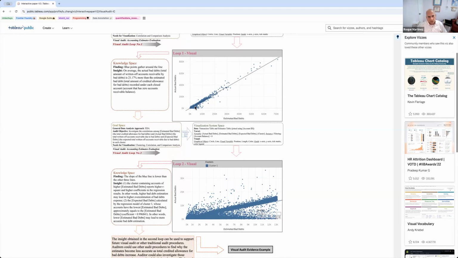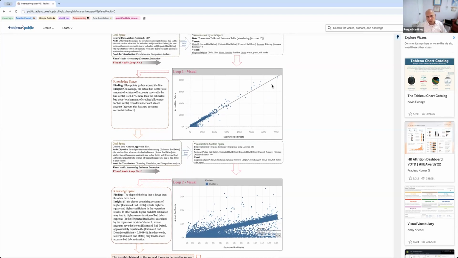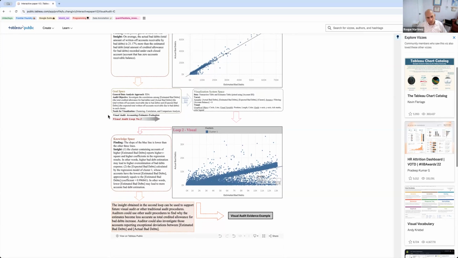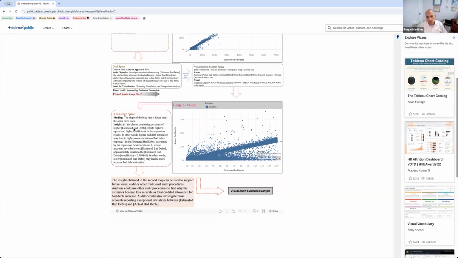And how they're falling, the bad debts are falling kind of away from what the expectation is. Again, leading to auditors finding different understanding of where they should go look as opposed to looking at